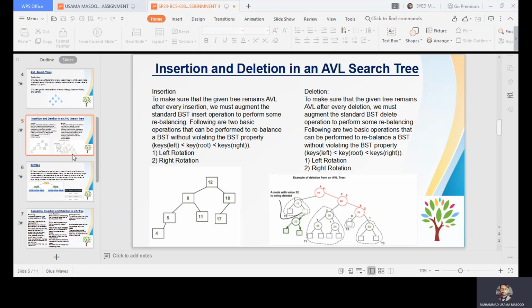Okay, let's look at the process of deletion in an AVL search tree. To make sure that the given tree remains AVL after every deletion, we must augment the standard BST